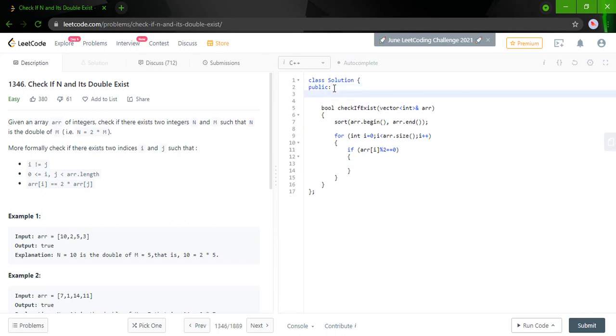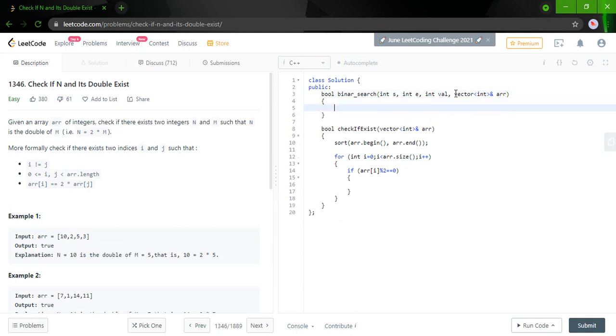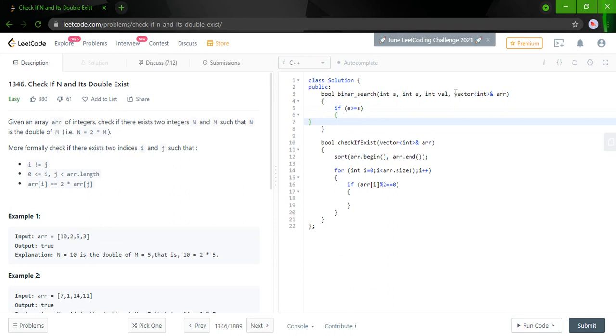First let's write the binary search function. We're going to need int start, int end, int val, the value that we want, and the vector. It's very simple. If end is greater than or equal to start, only then we're going to do this.